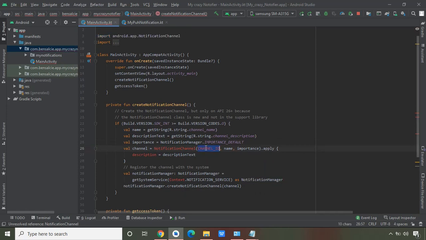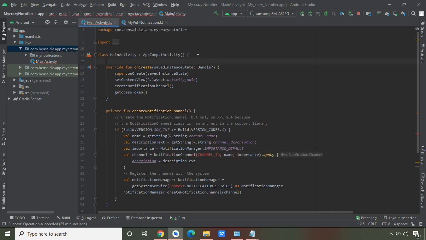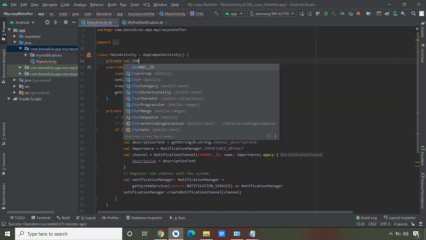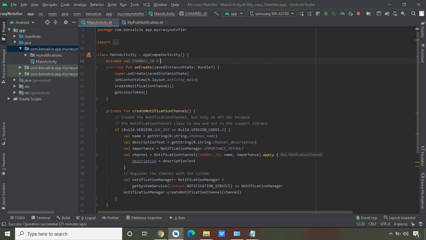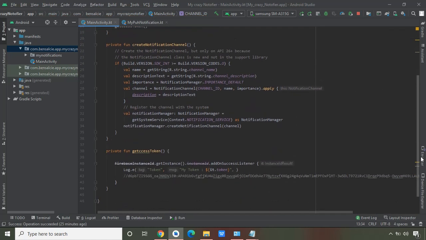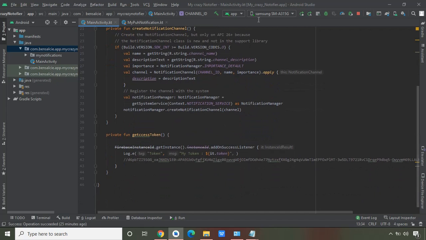So for the channel ID, we'll create a new variable over here. So let's say, let's call it a private one, private val channel ID equals to, let's call it 101, and then context as that. So once we have that, we are able to receive our notifications now. So we just run our app,